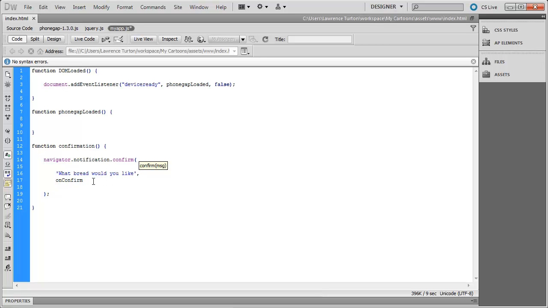And then I'm going to optionally define the title. Now if you don't define the title, it will just default to confirm. So I'm going to put a comma in and define my title. So I'll just say bread as the title of my confirmation dialog box. Then I'm going to put a comma in and optionally